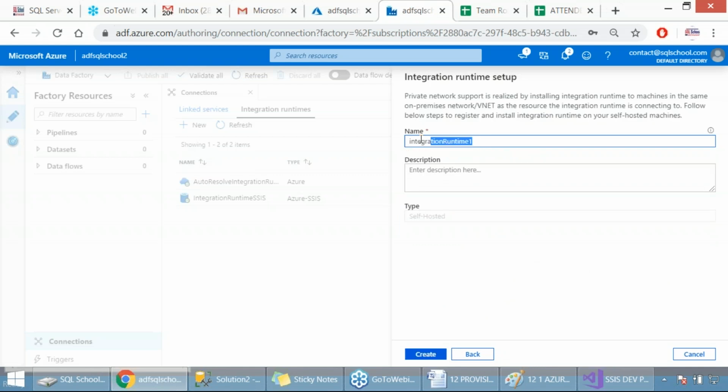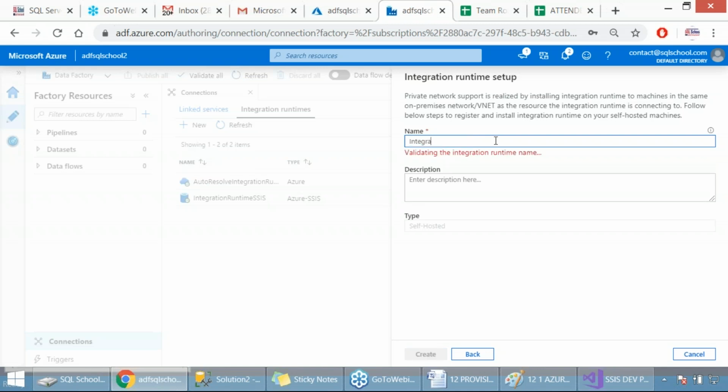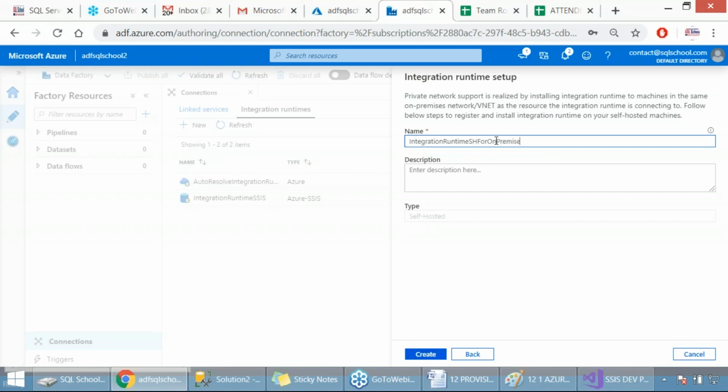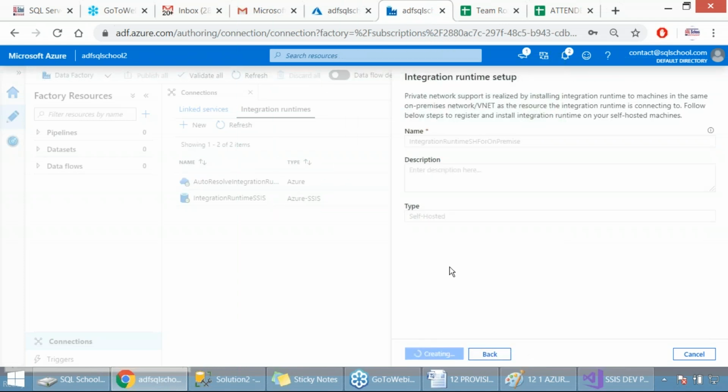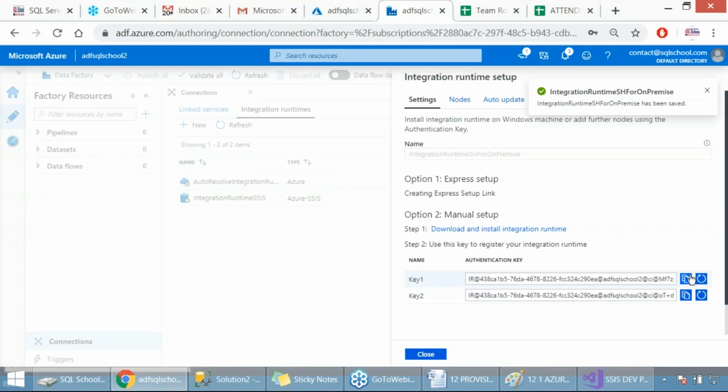Self-hosted IR. If in case you are recreating the ADF account, ADF resource, then just configure it again. So this is the integration runtime. Self-hosted for on-premise access. Okay, give some description and create. Make sure it is already there with you. If not, create it. You got the key value, right? Copy the key